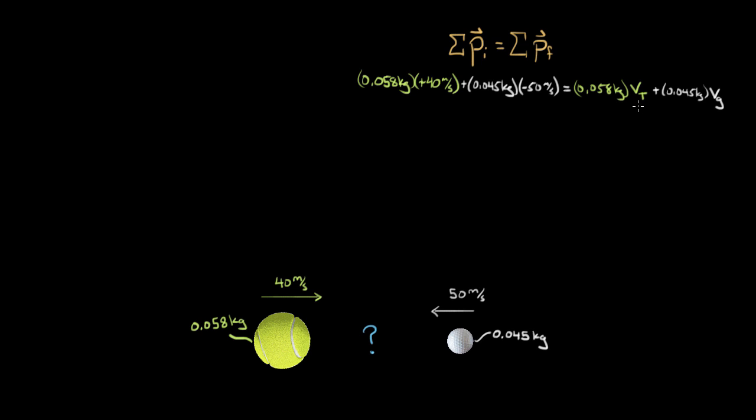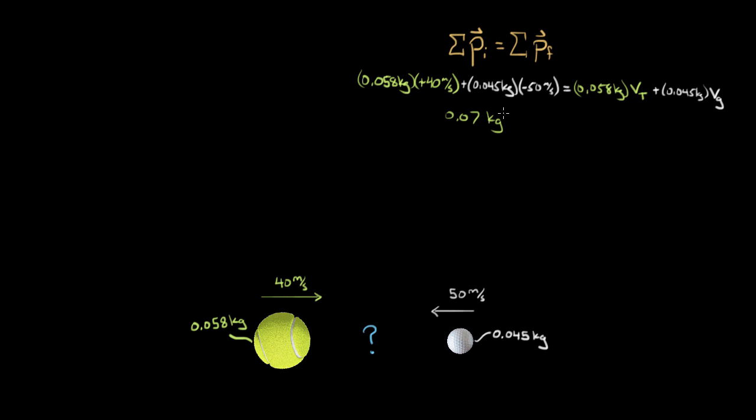So can I solve now for the final velocity of the tennis ball and the golf ball? No, I can't. I've got one equation and two unknowns sitting over here. So I'm not going to be able to solve for either of them if I've got two variables in my single equation. In other words, I can add up this whole left-hand side if I wanted to. If you add all this up, you're going to get